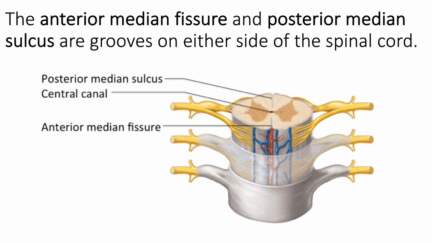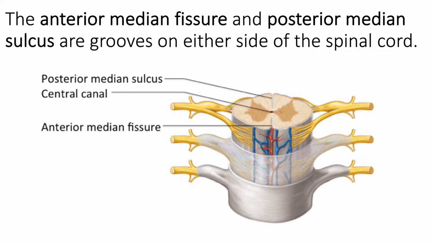On the posterior aspect of the spinal cord, there is another groove called the posterior median sulcus. And in the middle of the spinal cord, there's a tiny hole called the central canal. Inside the central canal is a fluid called